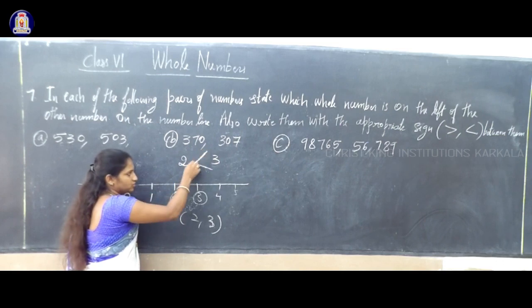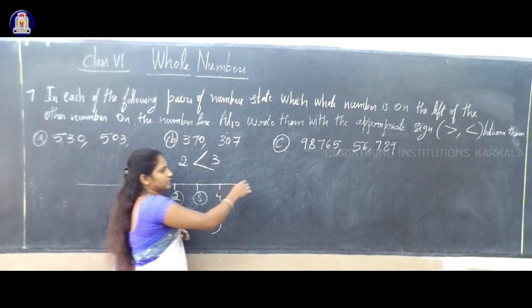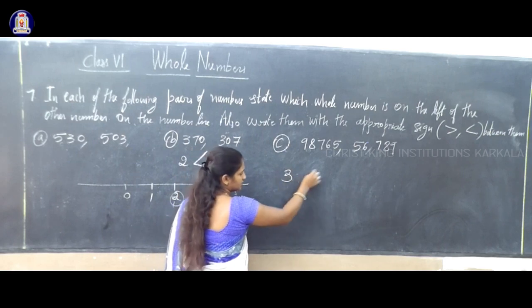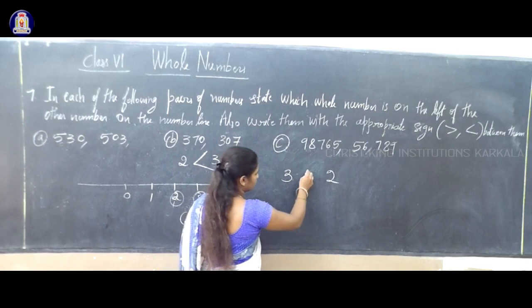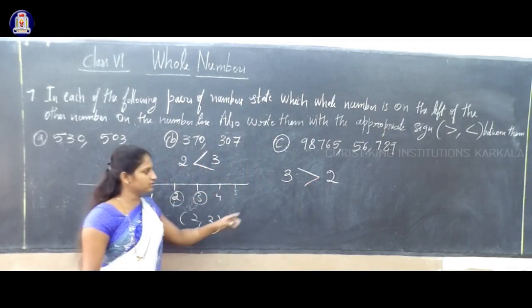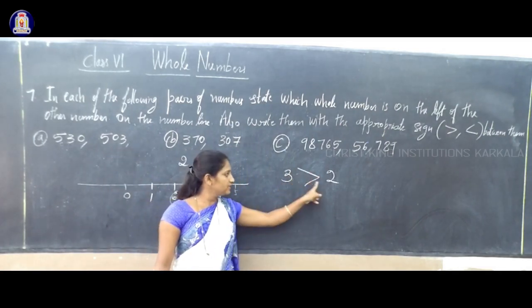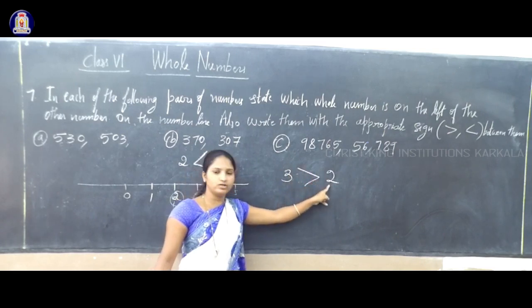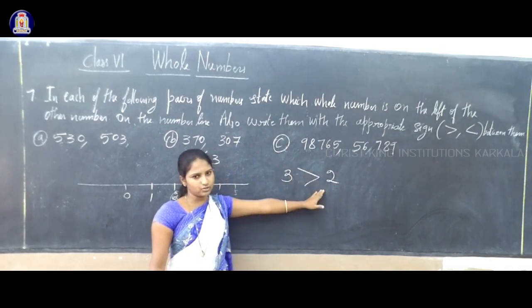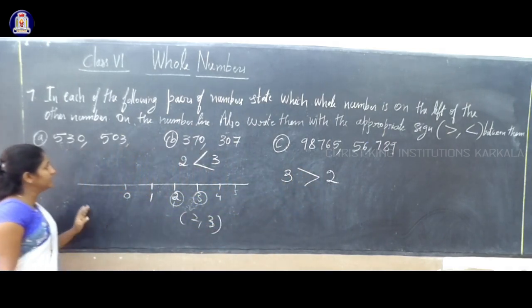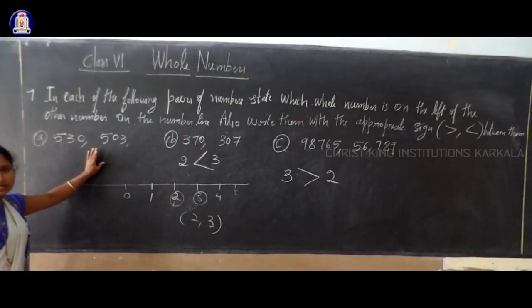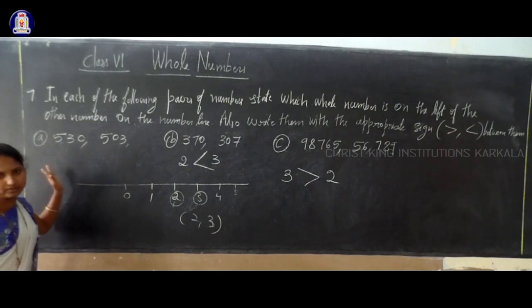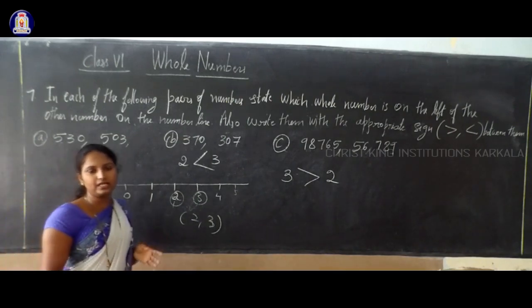So this sign shows that 3 is greater and 2 is smaller. So you can write like this. If you write 3 this side and 2 on the other side, which sign can you use? Like this, because 3 is greater. So like this you write 3 is greater and 2 is smaller. So first you have to see on the number line, these two numbers, which number is lying in the left side, okay, that you have to see. Then you have to write the